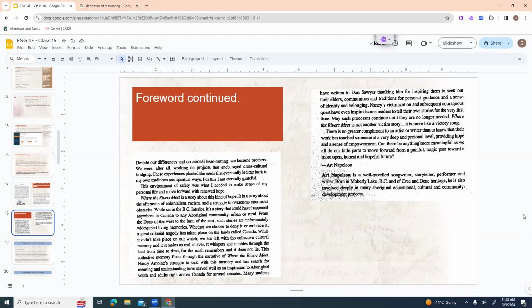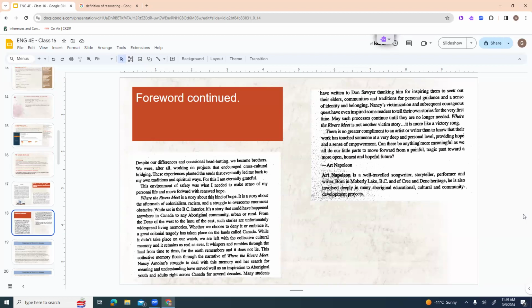Where the Rivers Meet is a story about this kind of hope. It is a story about the aftermath of colonialism, racism, and a struggle to overcome enormous obstacles. While set in the BC interior, it's a story that could have happened anywhere in Canada to any Aboriginal community, urban or rural. From the Dene of the West to the Innu of the East, such stories are unfortunately widespread